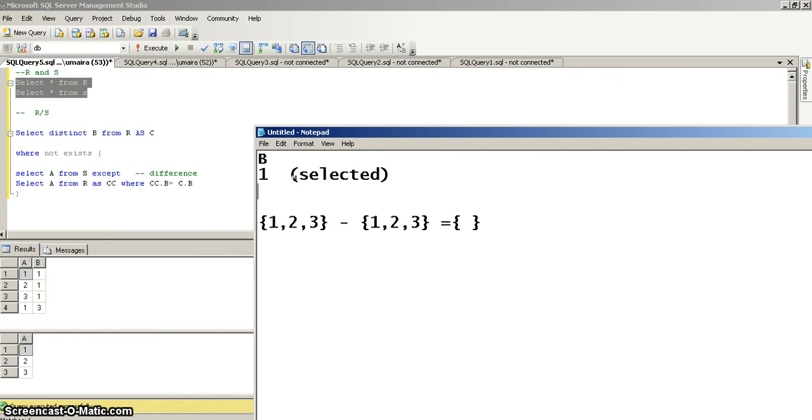Okay. So in the second iteration, it will select the second row of the base table, which has the value again 1 as the column value of B. So it will again, in the not exists clause, select A from S, which will give us the values 1, 2, 3,